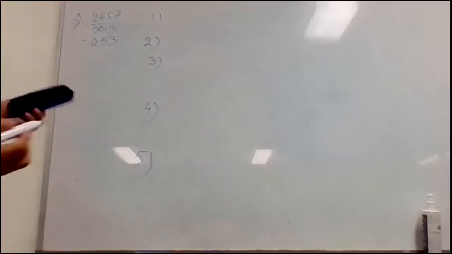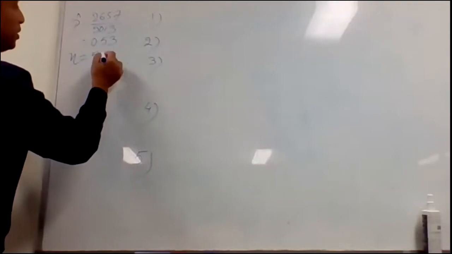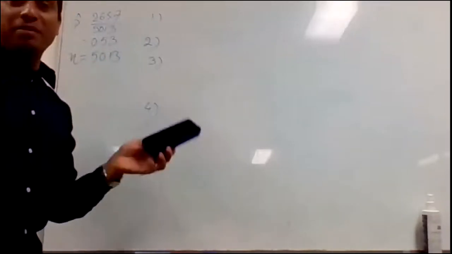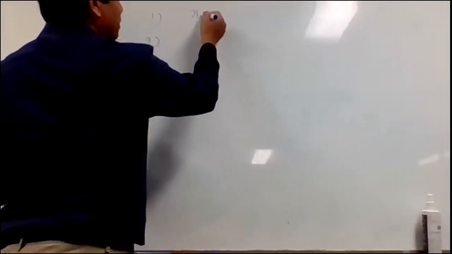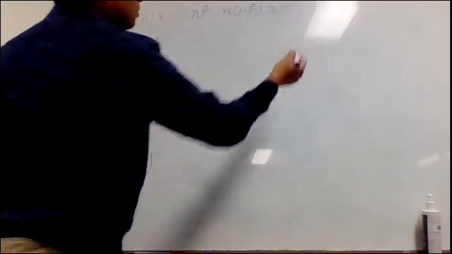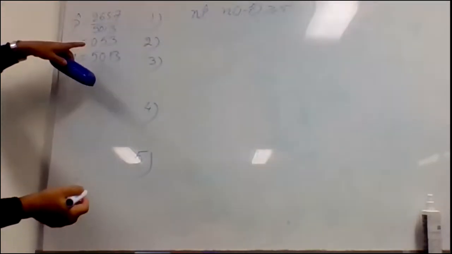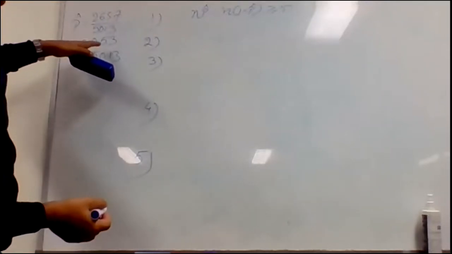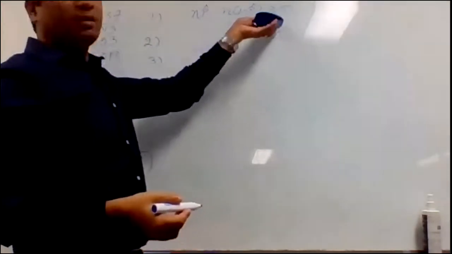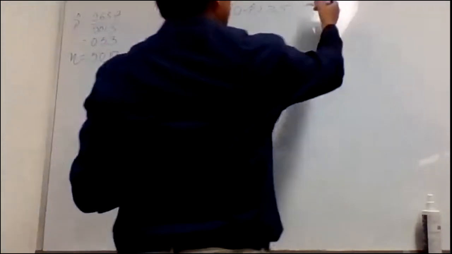Okay. You got the p hat value and you have the n value also, 5,013. Can we check the first condition? Because we know the 5 steps, right? Can you see n p hat or n times 1 minus p hat, is that greater than or equal to 5? Does that criterion meet in this case? I'm just taking a guess: p hat is 0.53, around 50%, and n is 5,000. Oh my God, it's more than 2,000. So I'm sure both values will be greater than 5. So that condition has been met.